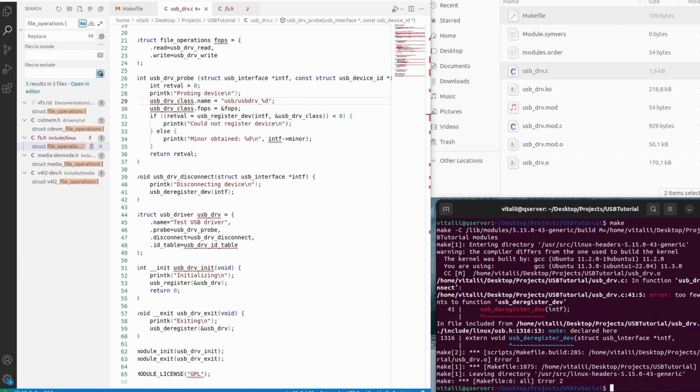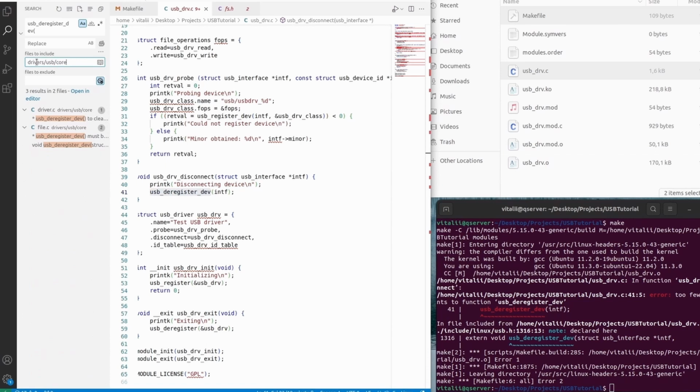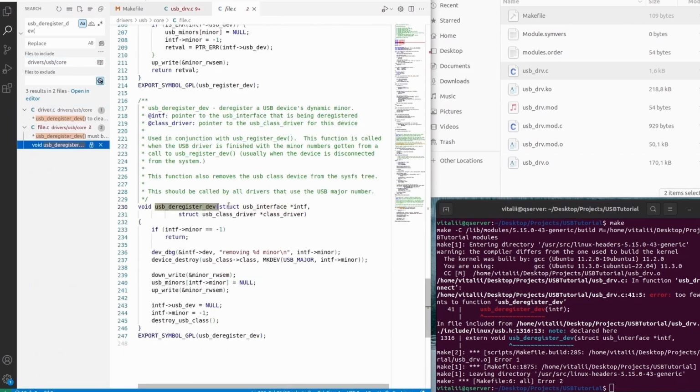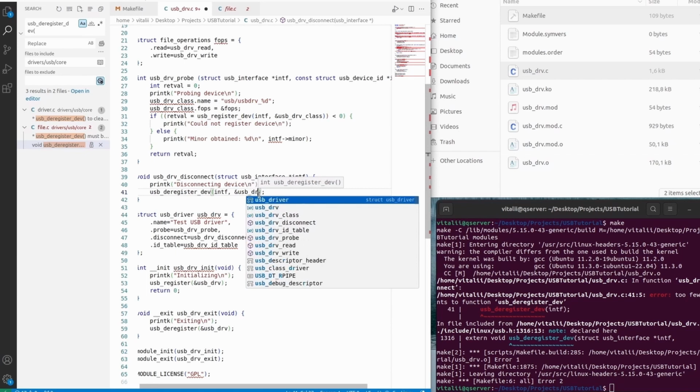Okay, there is an error, probably wrong arguments provided to the register function. I suppose it's located in a USB-related directory since it has USB in its name. Here it is. I provide the interface, I should also provide the driver structure, no problem. Back to my source, adding the driver structure,